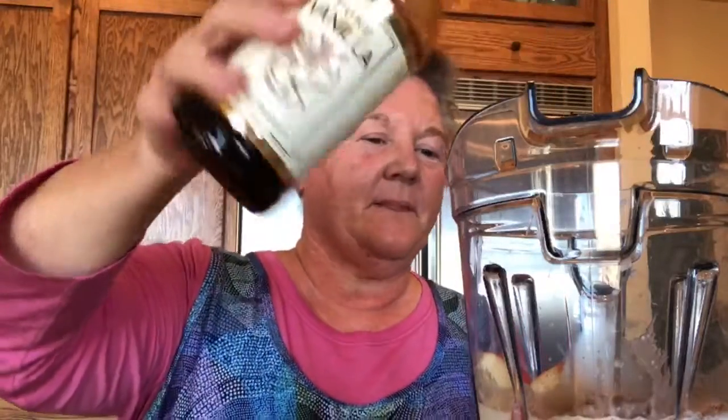All right, so the next thing we're gonna add is cinnamon, a half a teaspoon of cinnamon. There we go. And I just grabbed this cinnamon from Costco, and it lasts me a long time. And then the recipe calls for a pinch of nutmeg. Okay, so nutmeg is a very strong spice, so really just like a little bit in there. Okay, excellent. And then I'm gonna add just a little bit more of the vanilla extract, just a couple little